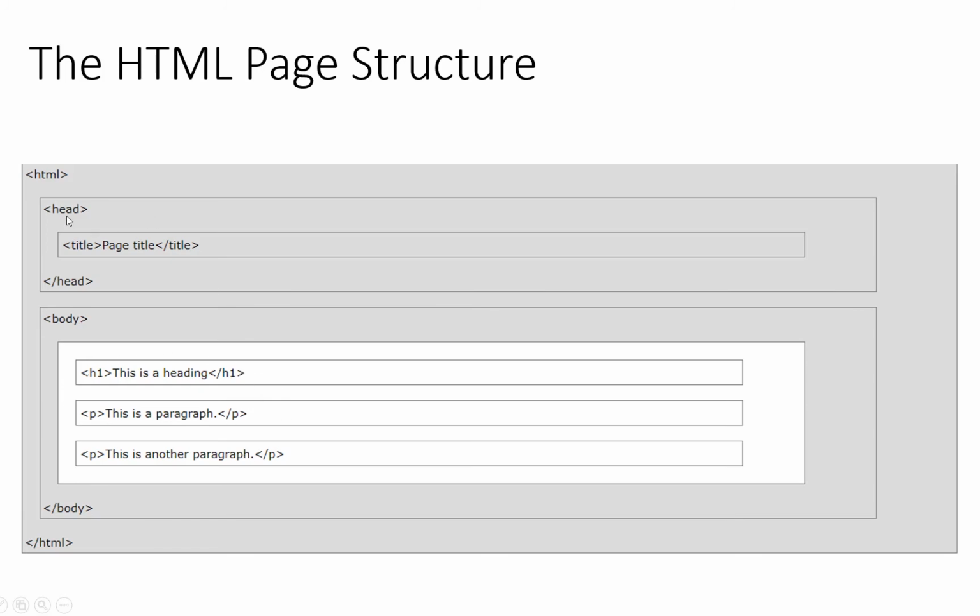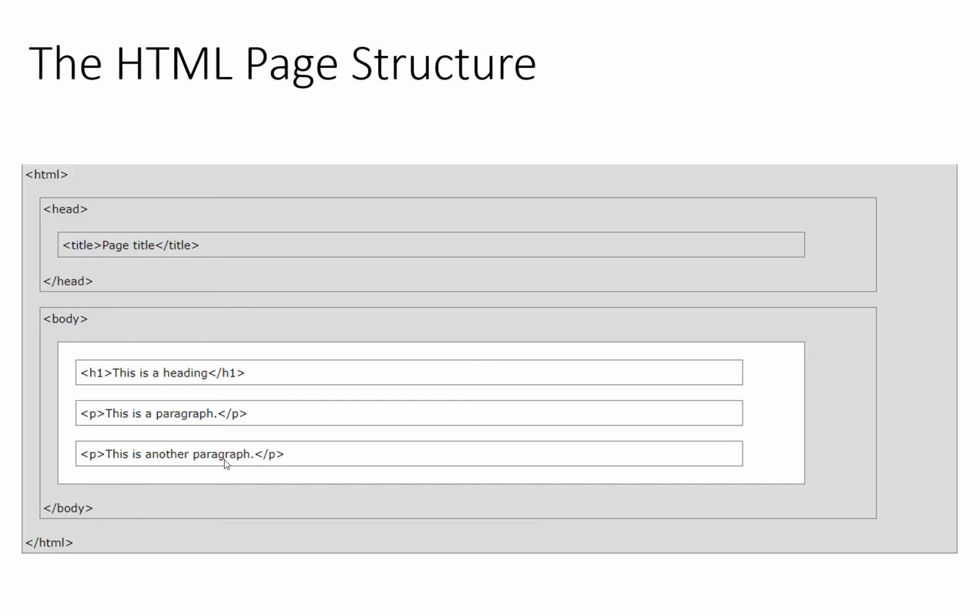An example of a tag that enters the head element is the title tag, which is the title of the page, always displayed at the top of the browser. Then in the body element, we have a series of elements. That is how an HTML page is structured.